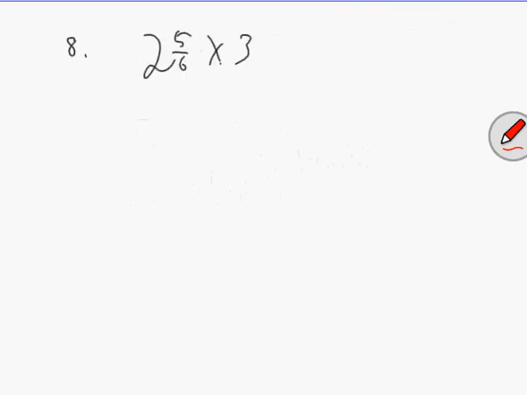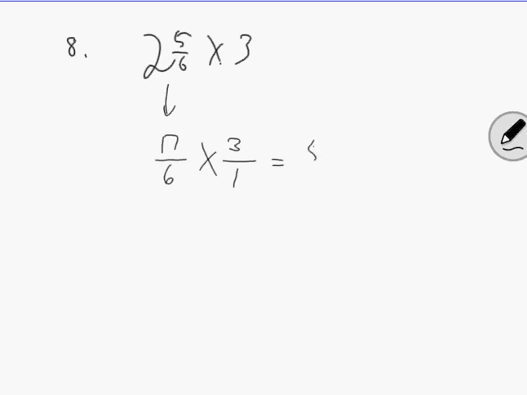Question number 8. It says 2 5/6 multiplied by 3. So what do we want to think about here is, what is this as an improper fraction? That's going to be 17/6 multiplied by 3, as a whole number can be thought of as being 3/1. Now for those people who aren't comfortable with cross reduction, you would have multiplied 17 by 3